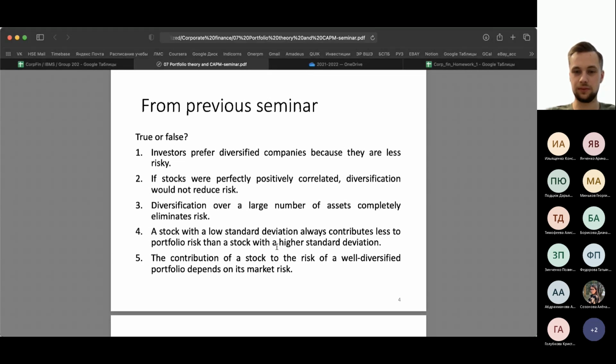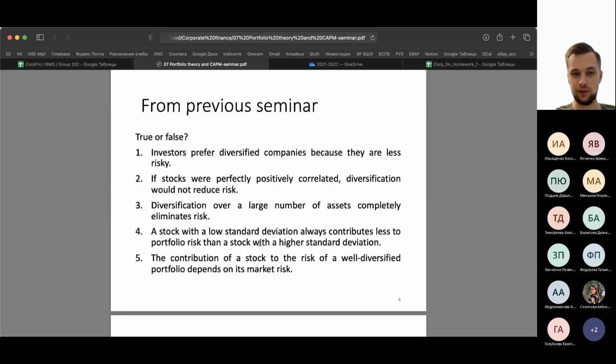Due to the reason that we just discussed, because if we want to compare 2 or more stocks, we want to compare their betas and not standard deviations. In a diversified portfolio, yes. So yes,